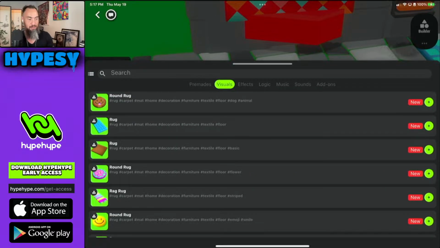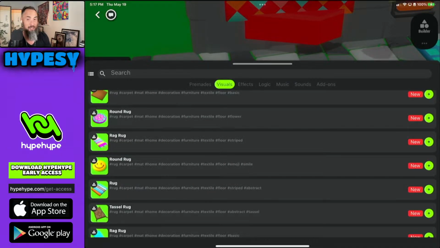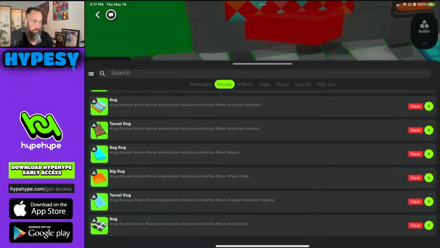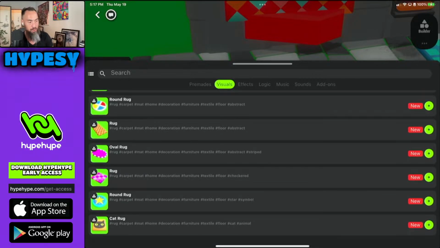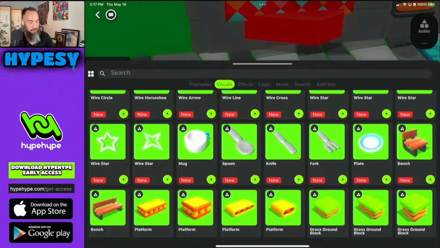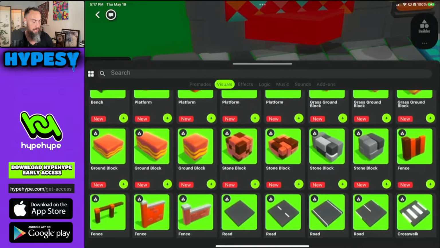When looking through assets, jump between the list and the icon view, because you want to see what the hashtags are. For example, the rugs have the hashtag home. This I need to remember if I'm making a home or a castle or something where I want homey items, you know, whether a painting or it could be a screen or anything. This is decoration, furniture, textile, floor, abstract. That being said though, I really do like the icon view, and I find that I use this the most.